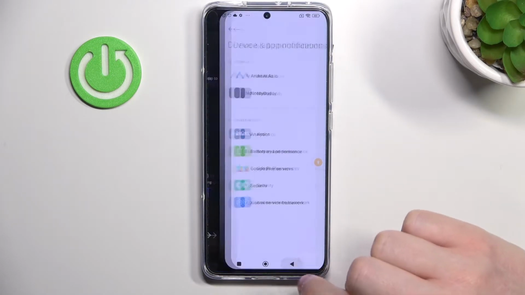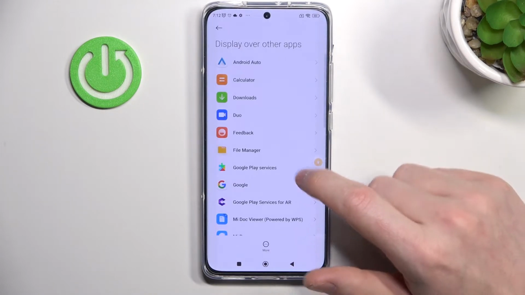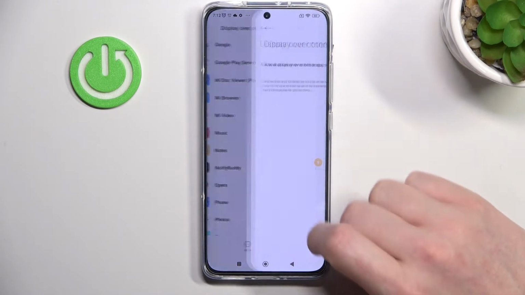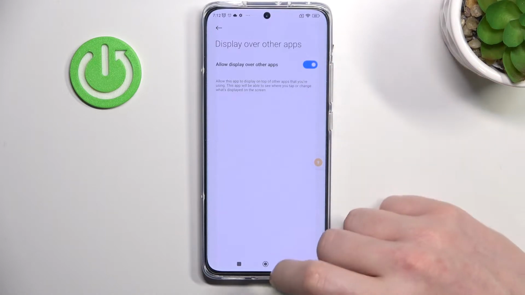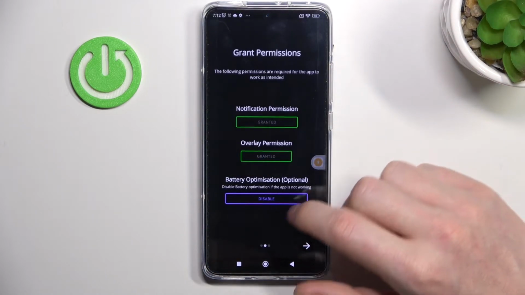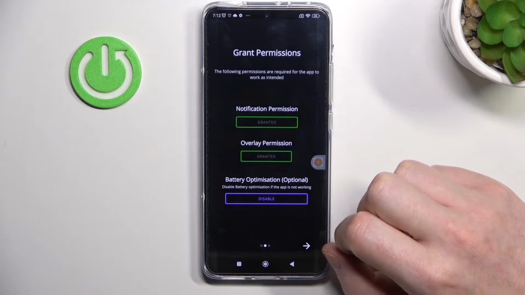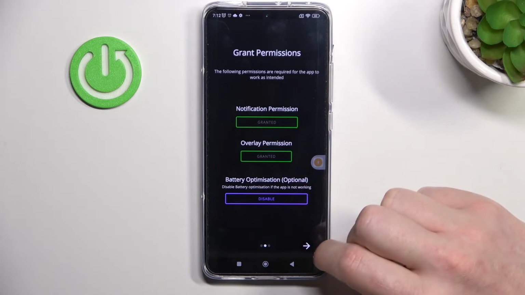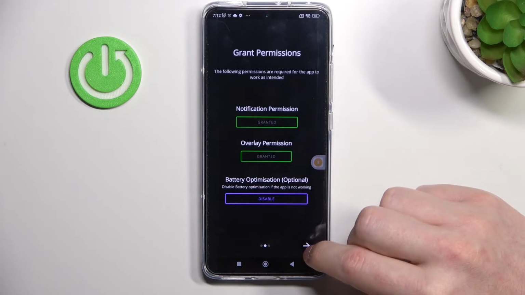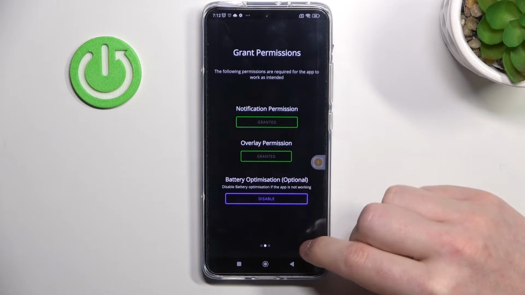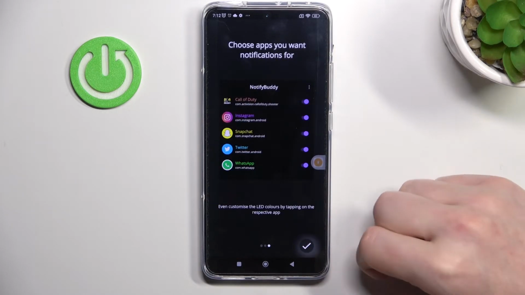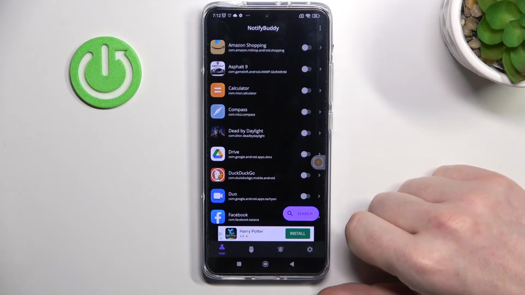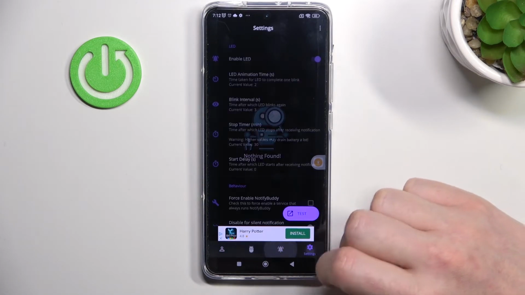Now go back and do the same thing with overlay permission. Find NotifyBuddy, press on it and select allow. Go back, and the third option right here is battery optimization, and it's optional. You don't need to disable it, but if the app doesn't work properly for you, you should. Next step, press OK, and from here you can start using the app, and there's 4 tabs in the bottom